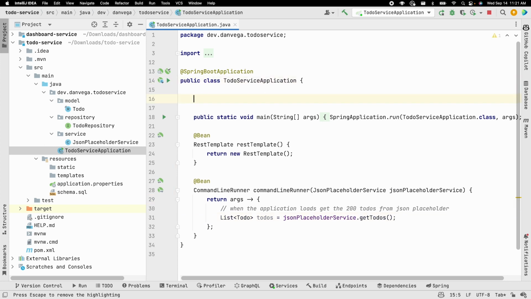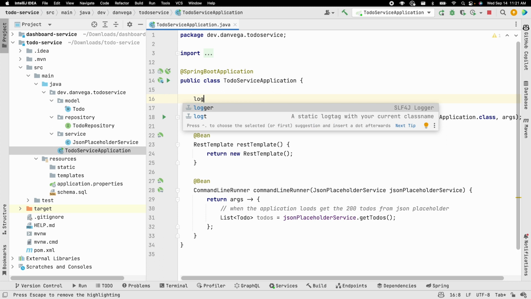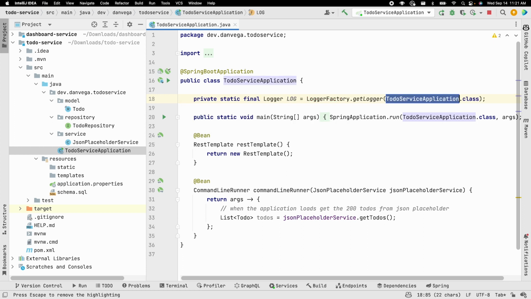I also want to do some logging. So I created this little live template. I've done another video on this. If you want to watch it, it just makes it easier for me to add this logging statement to my class. So now I have an instance of a logger. I can go ahead and say